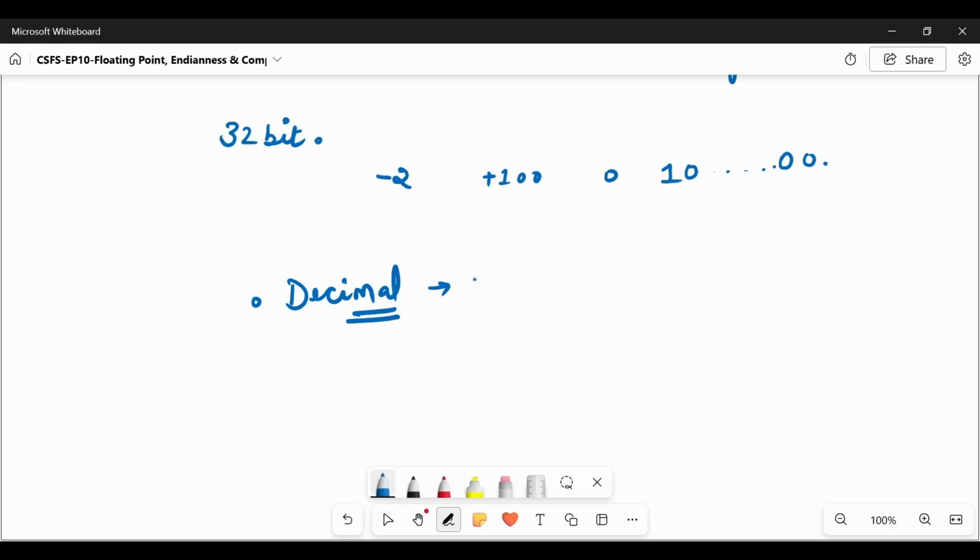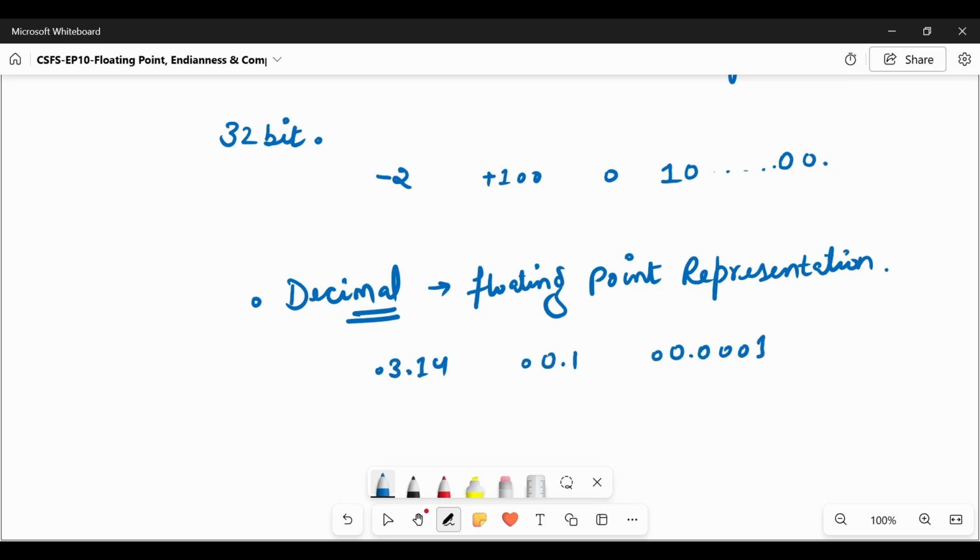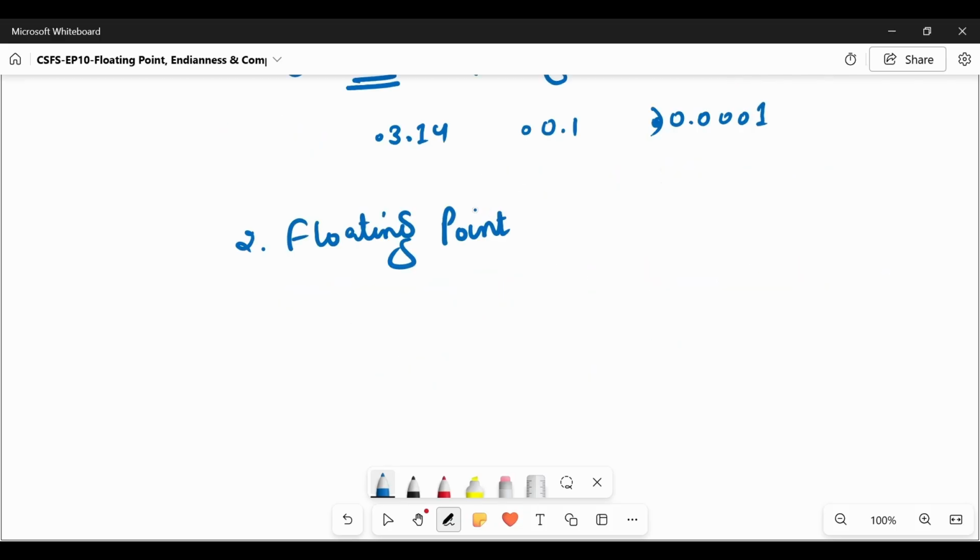That is floating point representation. When we require floating point representation, we need the float data type, for example 3.14, 0.1, anything with digits after the point. Why are we not able to store decimals inside an integer? Integers have limited memory. Although we have the range, precision matters, and for that precision, floating point comes into the picture. We need to store real numbers, numbers with decimals. That is why floating point comes into the picture.